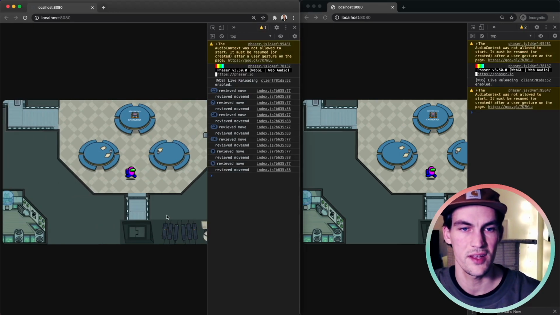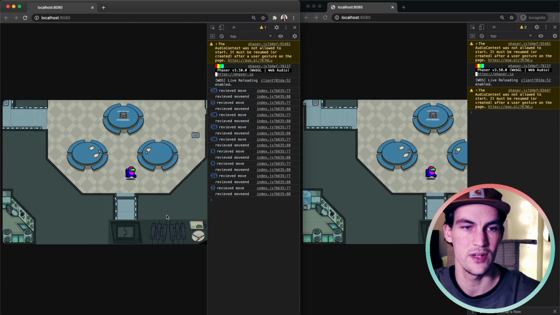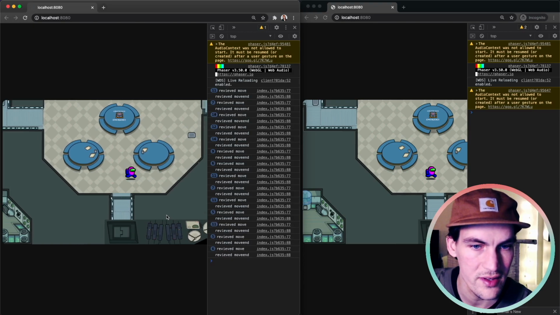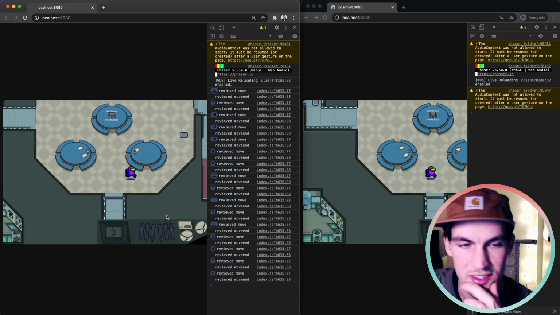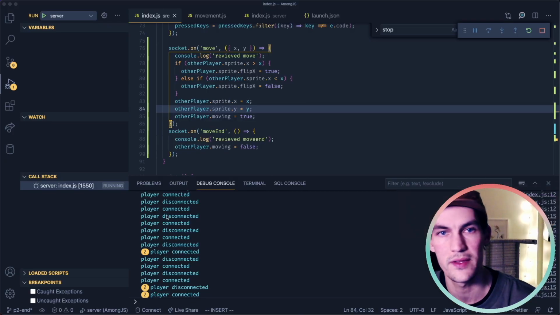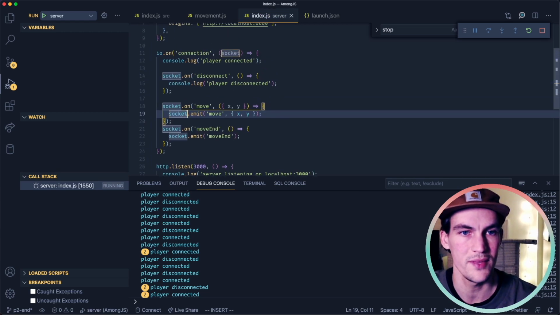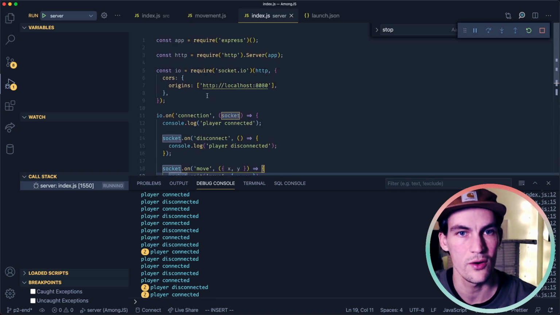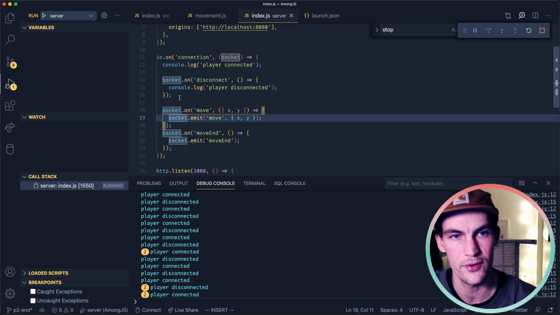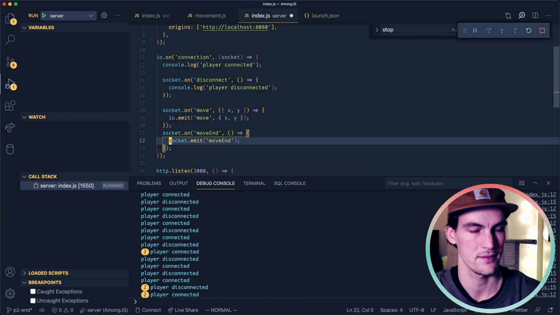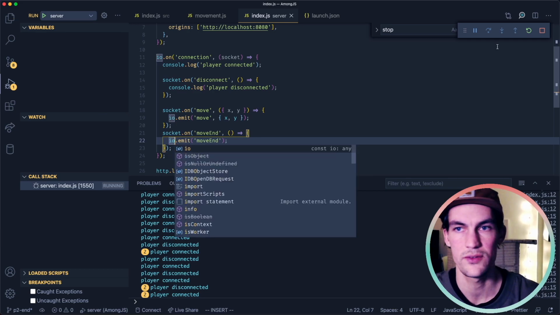Okay, I think I understand what we have done here. If we look at just the console log of the first player, we receive our own event, but the second player does not even receive it, so there is a server error. And I think that I should not do socket.emit, because that will just send this back to my own socket. I want to send it to the other connected sockets. So to achieve that, instead of socket.emit, we do io.emit. So now we need to restart the server.